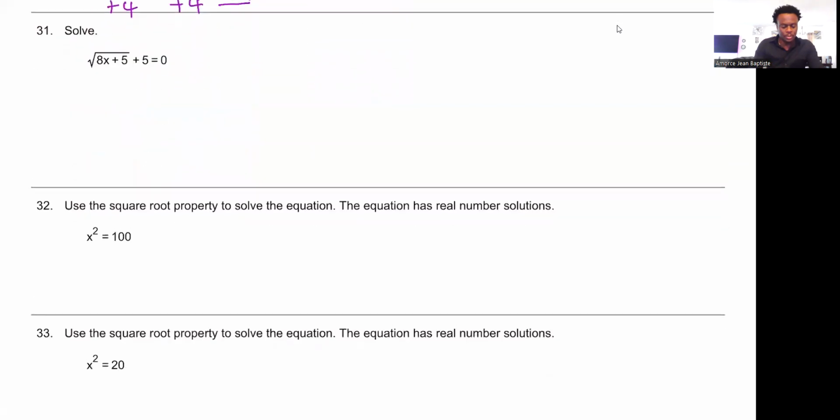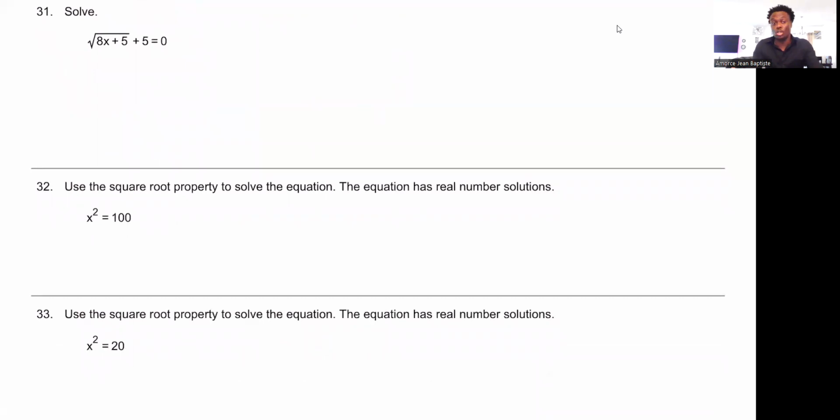Okay, next problem. Same thing, we just have to isolate the radical, then raise to the power equal to the index, then solve for x, and then check for extraneous solutions. So the minus 5 here cancels. So the square root of 8x plus 5 equals negative 5. When I see that after I isolate the radical, even index only,